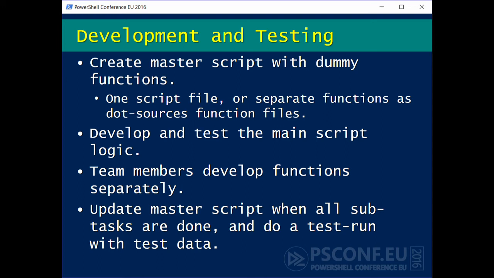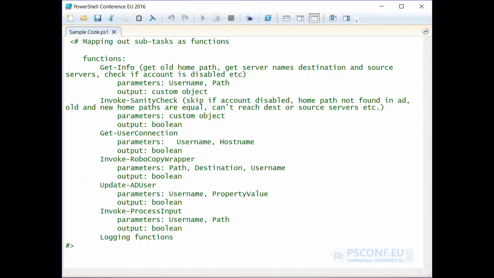Yeah, Bruce. How did you manage the variable namespace? Because of the way PowerShell handles variables, it's easy to stomp on each other. Yeah, well, we actually did all the logic together before we started. Did you have a convention for naming, for example, to keep from stomping on each other? No, not other than that. We actually, as you see here, we made this list together. So we decided together the function names and the inputs and the outputs, and that way we knew that all the functions would fit together.